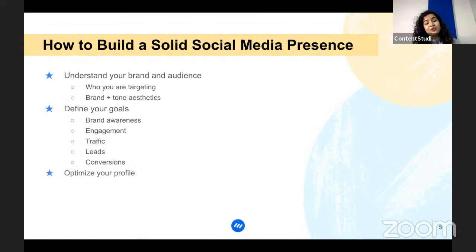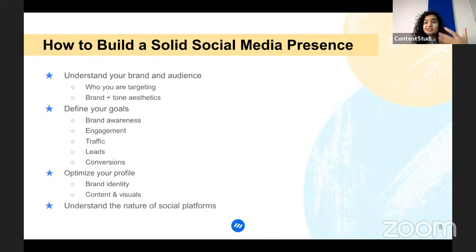Then you have to make sure that you optimize your profile. It's very important to show your audience at first glance what your company or what your brand or what your business is about. When they come to your social media channel, you need to show them exactly who you are. So you need to make sure that you have a nice HD quality profile picture up. You need to show the posts. And of course, you need to build on your description and your bio so that when they come onto your social media channels, they know exactly what you're selling to them so they can continue their transactions with you or